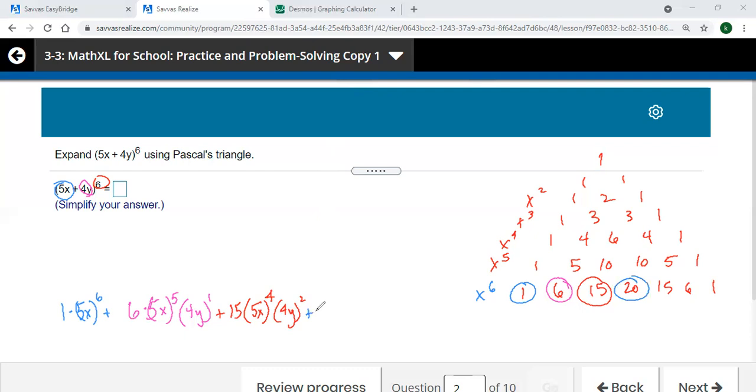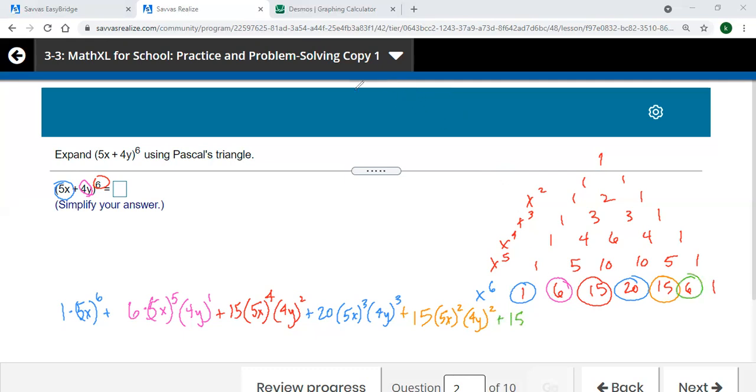The 20, the 5x now down to the 3rd, and the 4y goes up to the 3rd. Simplify your answer. Holy smokes, this is absurd. And then we're still going on. I've got the 15 here, the 5x to the 2nd, and the 4y to the 2nd. I mean, you might almost think, was it really necessary to do one this big? But until you do,